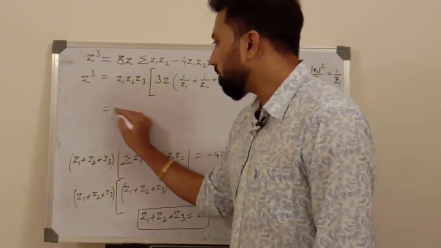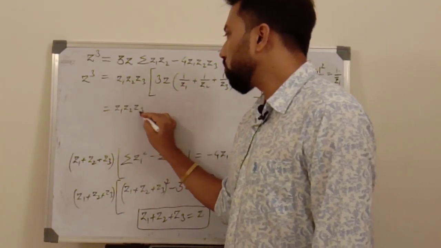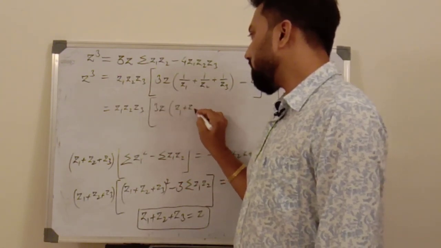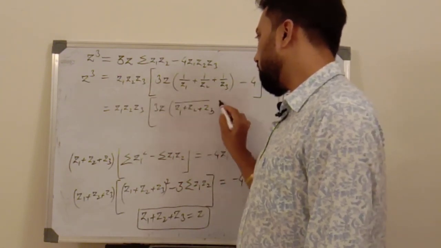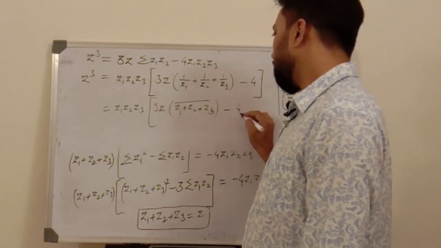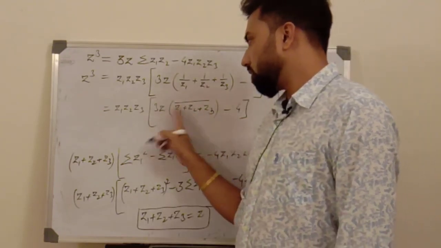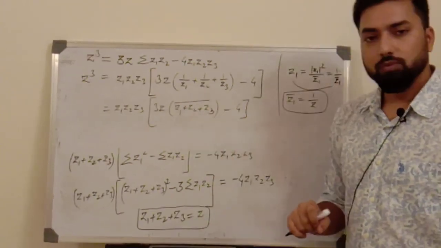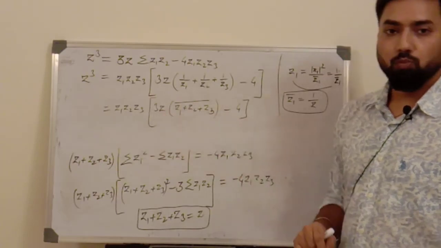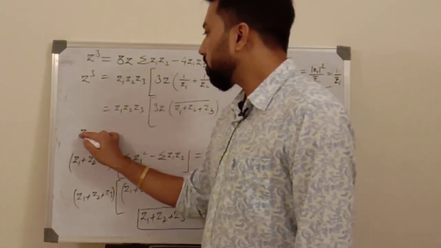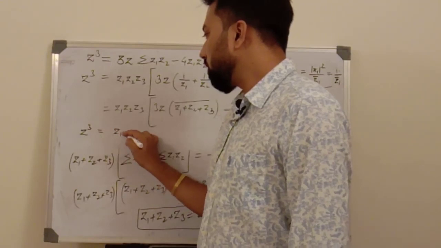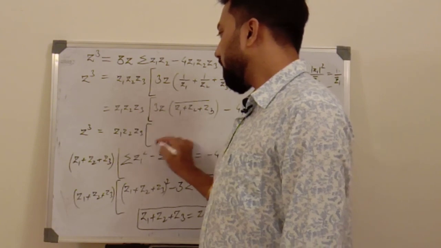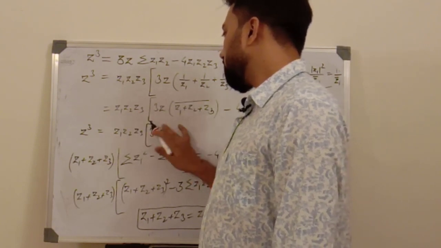So this expression becomes z1 z2 z3, and then we have 3z into z1 plus z2 plus z3 whole bar, right? Minus 4. Now what is this? This z1 plus z2 plus z3 is z. So this becomes z bar. z bar into z is mod z square. So we have z cube is equal to z1 z2 z3, and then after that we have 3 mod z square